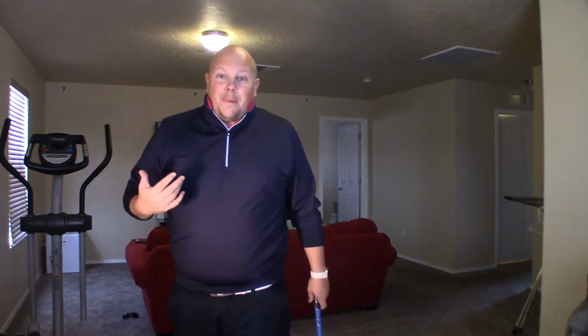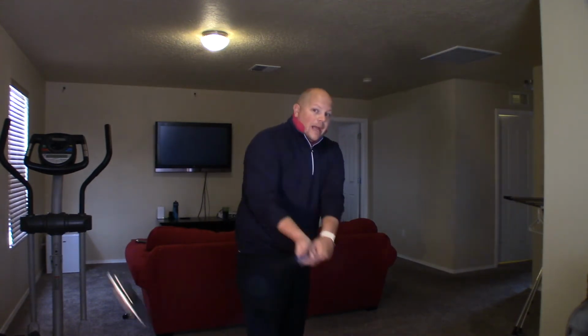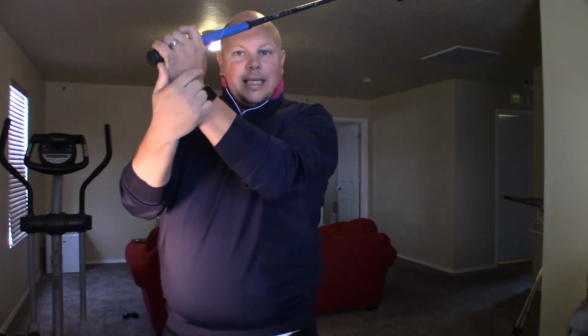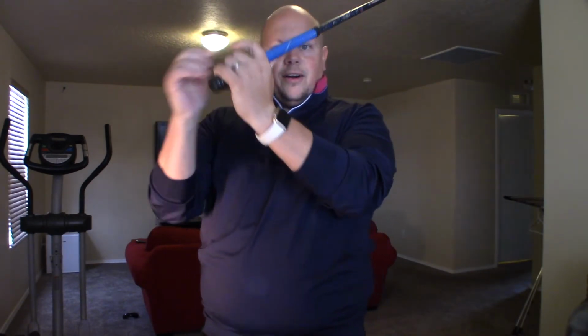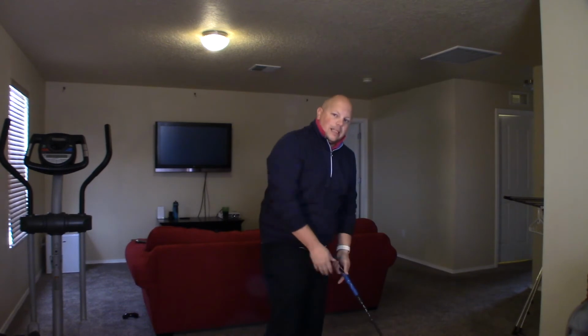Then as we get to the backswing, when you pull the club back here, even if you pull it back, you can definitely do that movement. And that's going to be pushing the wrist, turning the wrist. That's going to be pulling the wrist and causing it to concave here. And what we want to try and do is keep that wrist as flat as possible as you pull it